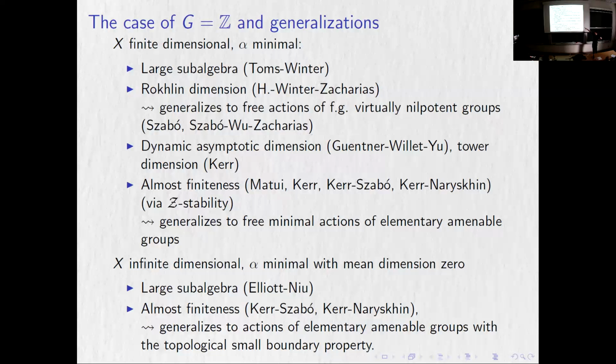By the way, I should say that the conjecture is that the crossed product is Z-stable if and only if the action has mean dimension 0. But it's not known whether that's true yet. I have some work with Chris, which gives some examples, based on some improvement of some work of Elon Lindenstrauss and Kerr, but that's not part of what we're doing here. But it's still open whether for actions of integers, mean dimension 0 is the same as the crossed product having finite nuclear dimension in the minimal case.